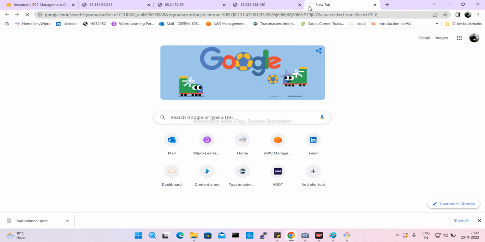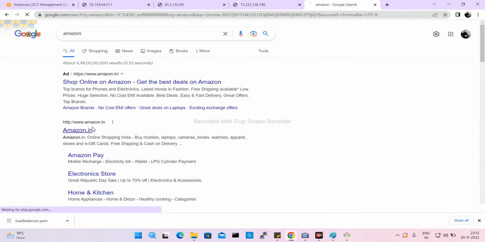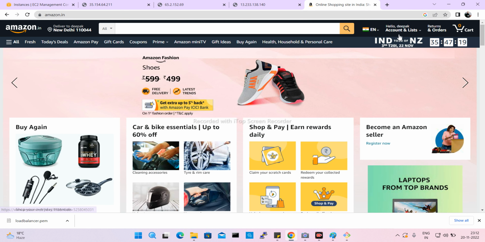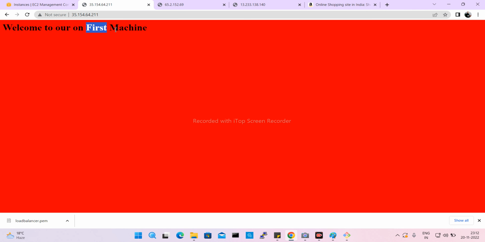Right now I have opened amazon.com. See, I'm opening amazon.in, right? If anybody in India puts in amazon.in, they will also get the same website. It's not like I'm getting "welcome to our first machine, second machine". I put it like this to demonstrate how the load balancer